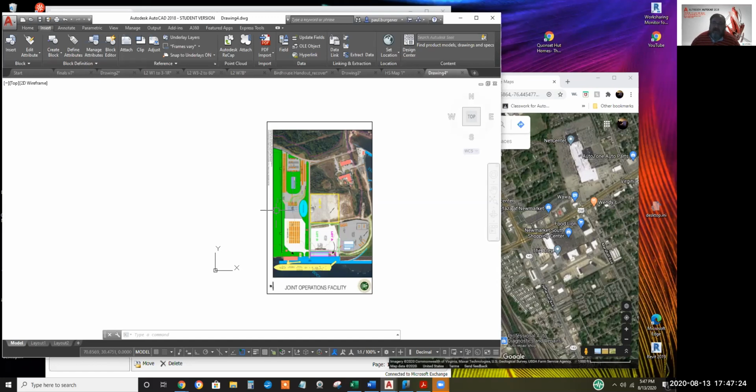What else? XREFs is a topic. I don't know how much students like it or not, but that's where one of us might have the foundation drawing, and I might be responsible for the electrical. Well, I want to have the floor plan in the background so I can put my symbols for the light switches and the fluorescent lights and the suspended ceiling, and then